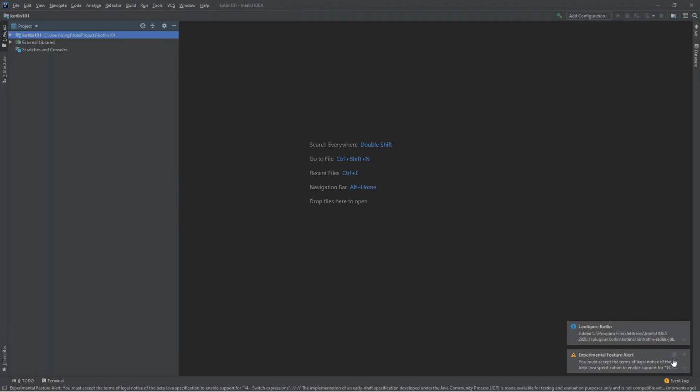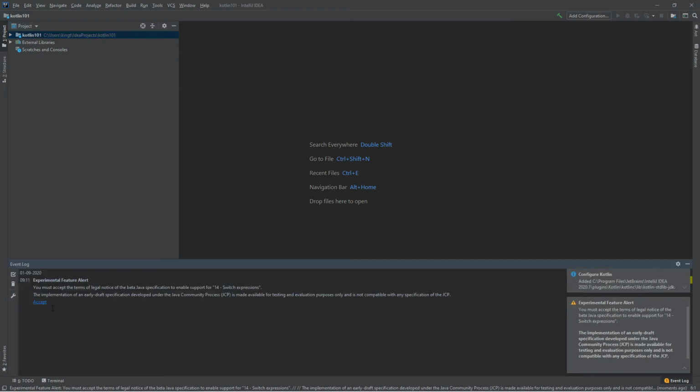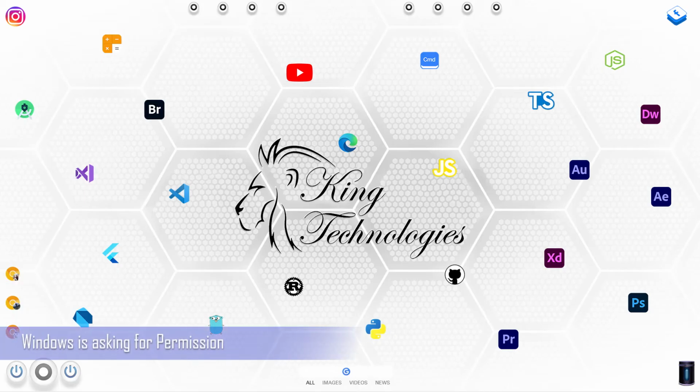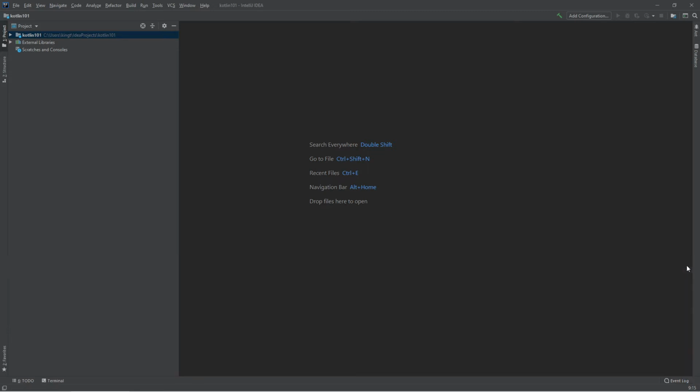After you finish, you will see these types of warnings. Maybe click on the model and accept and fix. Configure automatically, yes, and it will do all the jobs. Yeah, that's for update. Okay, now go on to Kotlin and source,